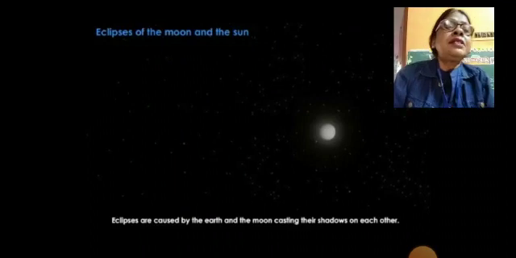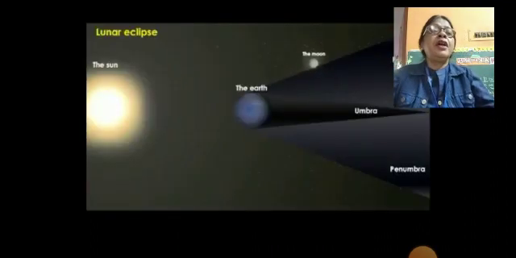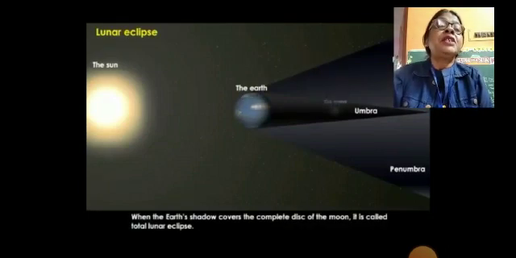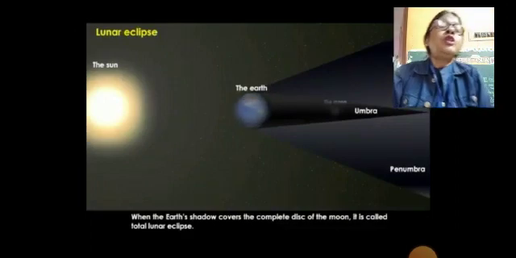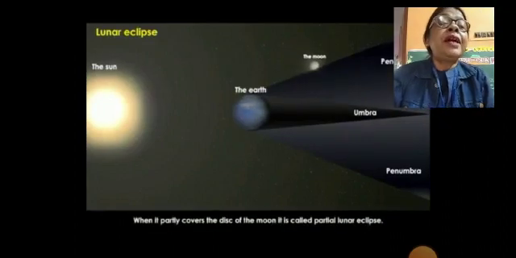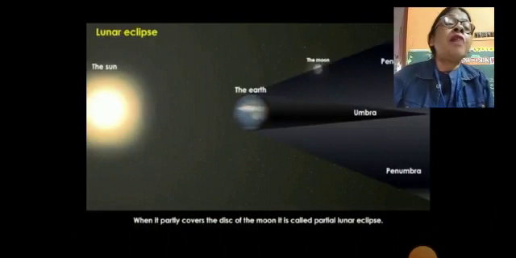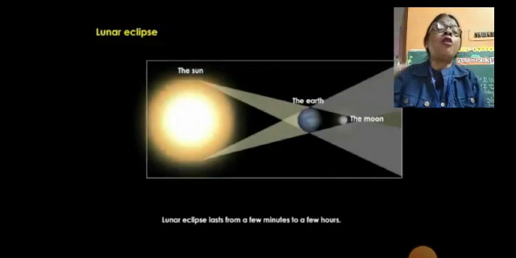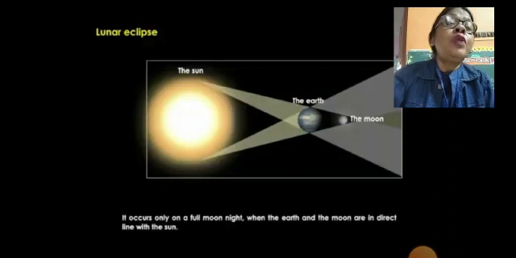Now you have to understand that when these three come in a straight line, sometimes the sun is at one end, and the earth comes between the sun and the moon. At that time a lunar eclipse is going on. So what happens at that time? Partially or sometimes fully, we can't see the moon at all. Why? Because the earth's shadow falls on the moon. Earth is an opaque object, so the earth's shadow falls on the moon. That is called a lunar eclipse.